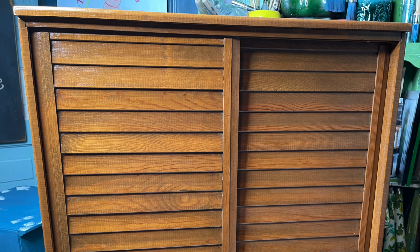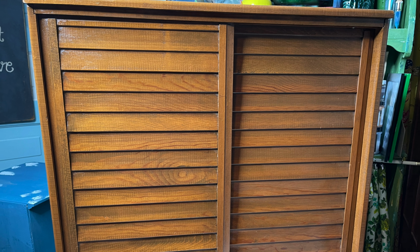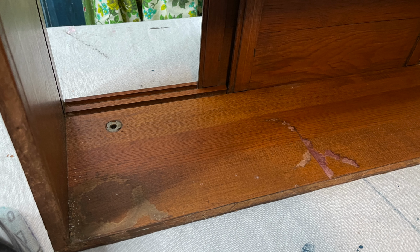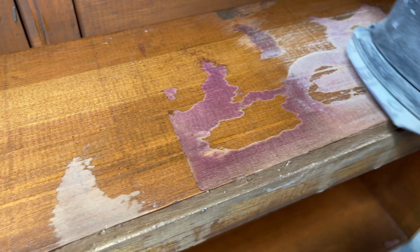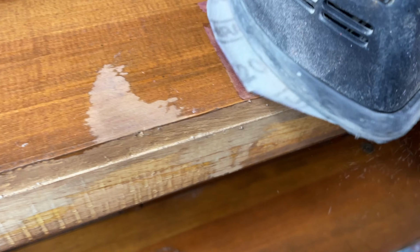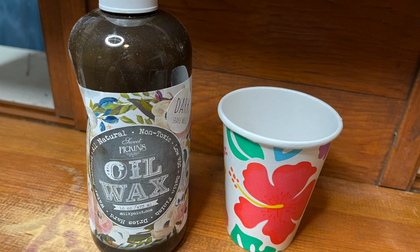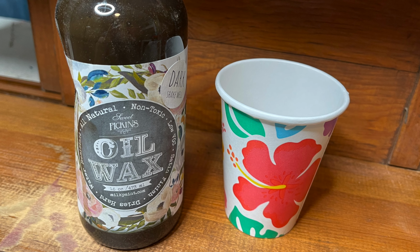The back was off the cabinet, and I noticed that not only did the cabinet need a little work, the inside shelves did too. There were some previous stains on them that I wanted to hide. First step was to sand the area down. One of my favorite products for stain and top coat in one is Sweet Pickens Dark Oil Wax. You can just brush it on, let it sit for about 15-20 minutes and wipe it back, and it provides